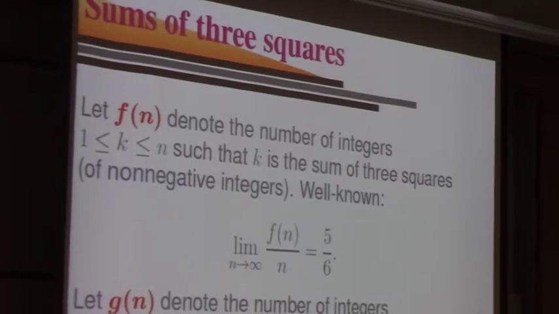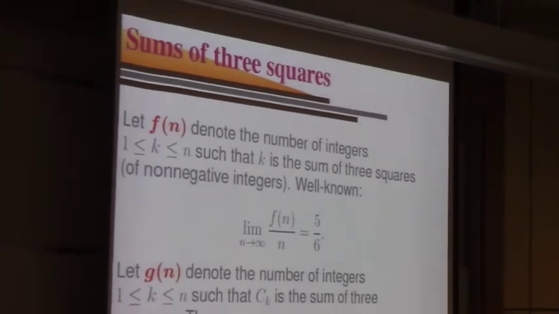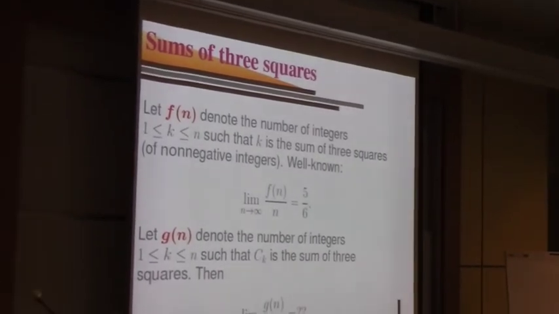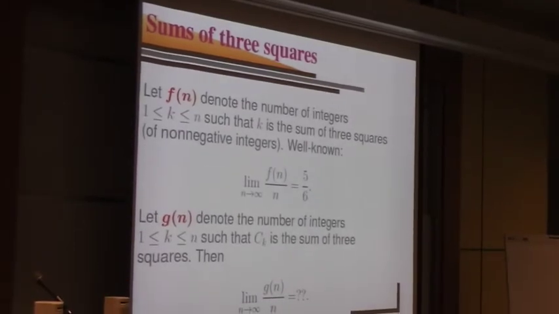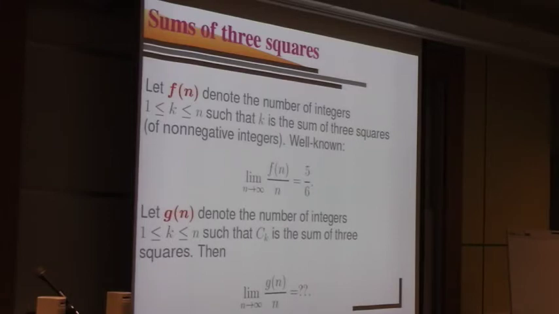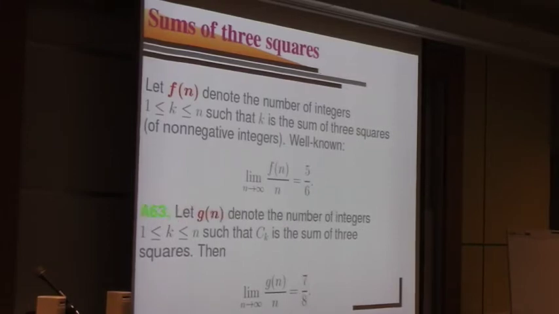So let Gn be the number of integers between 1 and n such that the Catalan number is a sum of 3 squares. What is this limiting density? Do you think it's less than, equal to, or greater than 5/6? It's 7/8. It's actually not so hard to see that, because